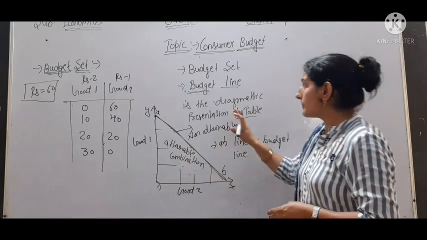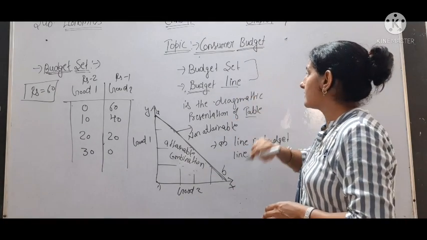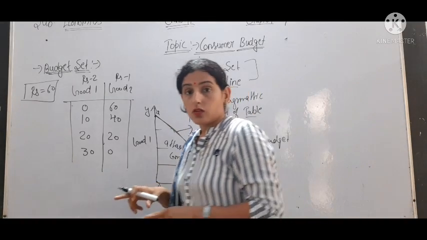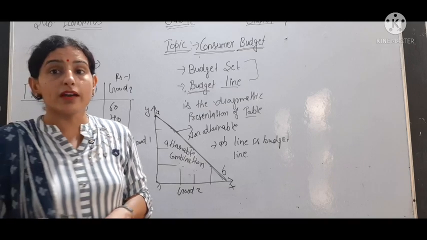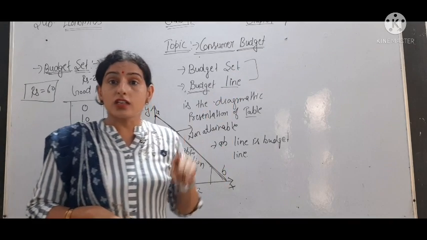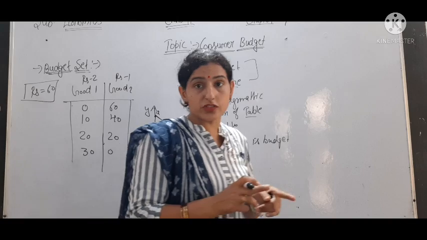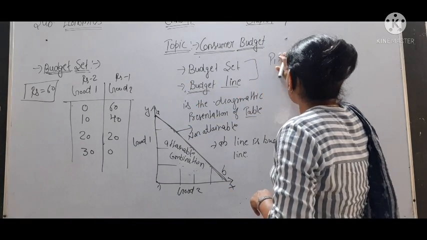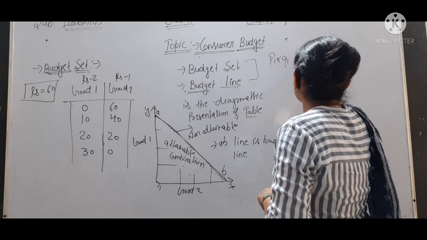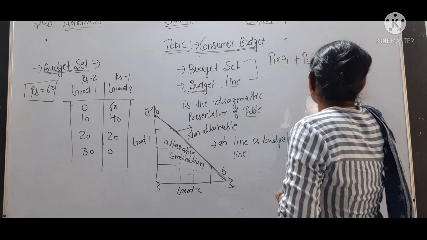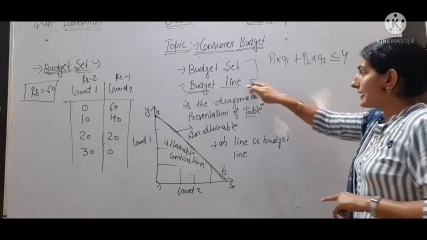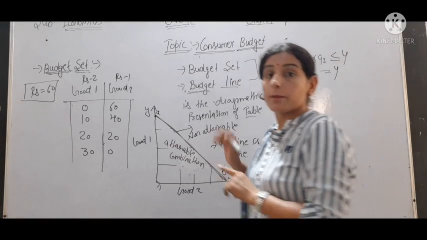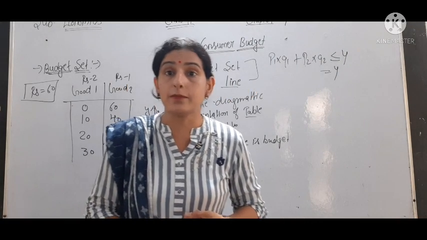Okay. So what is basically the difference between budget line and budget set? Budget set shows the equation, we can say, of goods, price and income of the consumer. In budget set, the quantity and price of the goods can be equal or less. As we have given the equation P1 into Q1 plus P2 into Q2 can be less than or equal to income. But in budget line, they should be equal to Y. That is the basic difference between budget set and budget line.